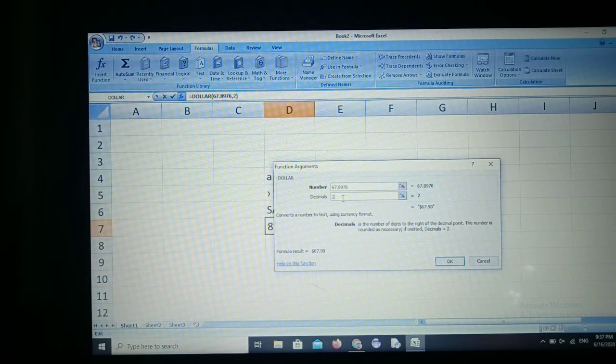See the output clearly, 67.90. The number is rounded. 67.8976 is your input. Means after decimal point you have 4 digits, but I am restricting the number of decimals to 2 only. So that 8976 is rounded to 90.